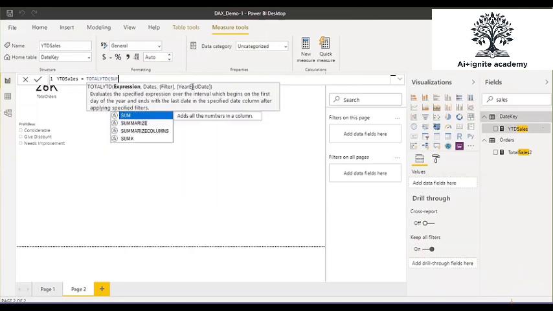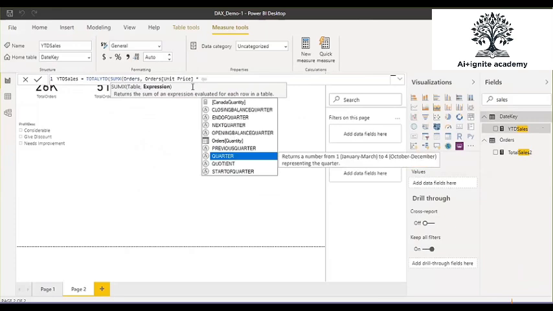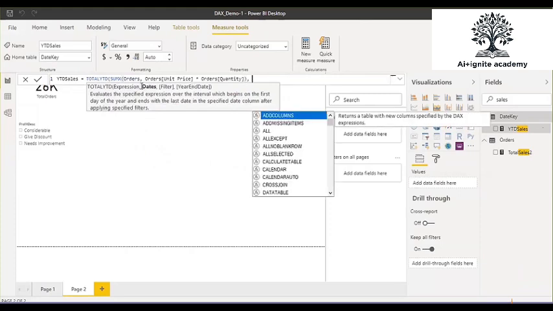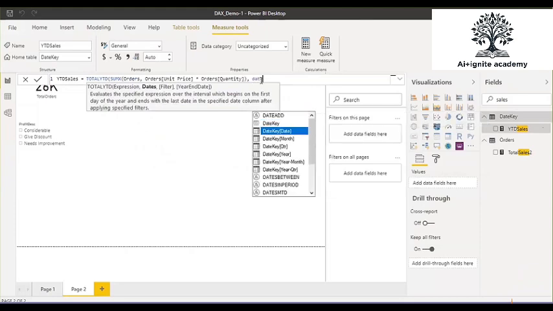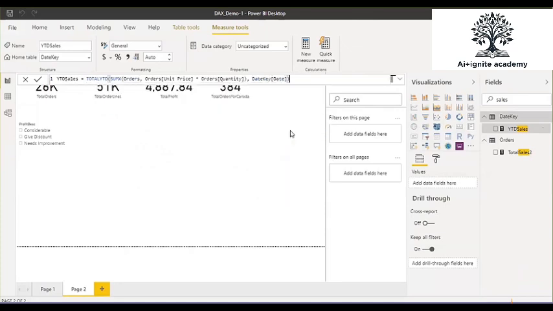You can write SUMX, orders table, unit price into quantity, right? This was the expression. Next you can pass a date filter. In this date filter, you have to pass a date column, which is my date column from the date key, from the date dimension table. Close the bracket and press enter.